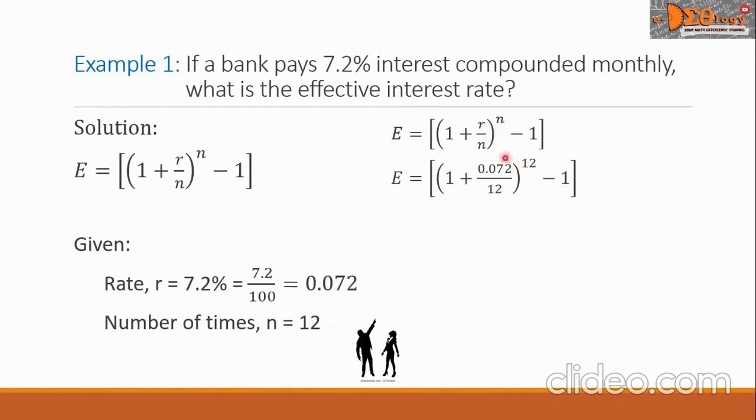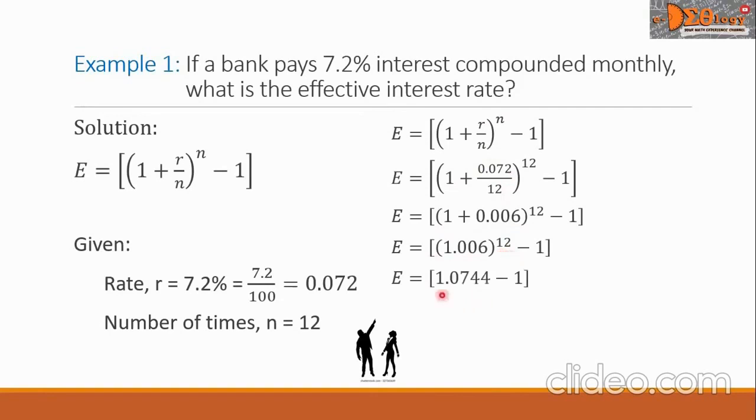On the next line, let us simplify this fraction 0.072 over 12. Using our calculator, we will get 0.006. And then let us get the sum of this 1 plus 0.006, and that is 1.006. This decimal is raised to a power 12, and the value will be